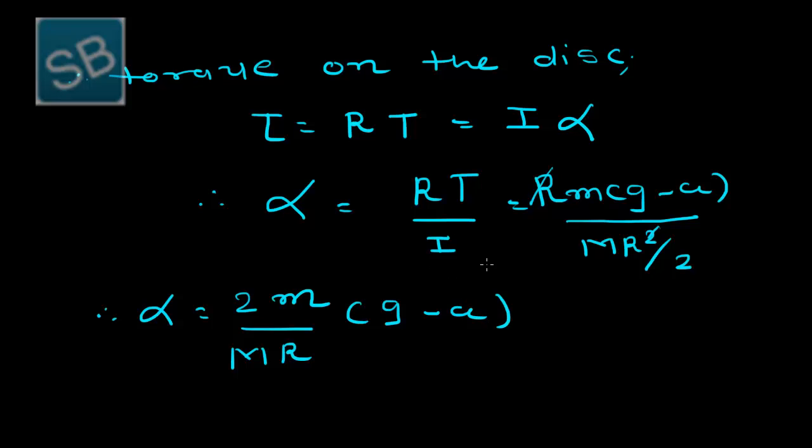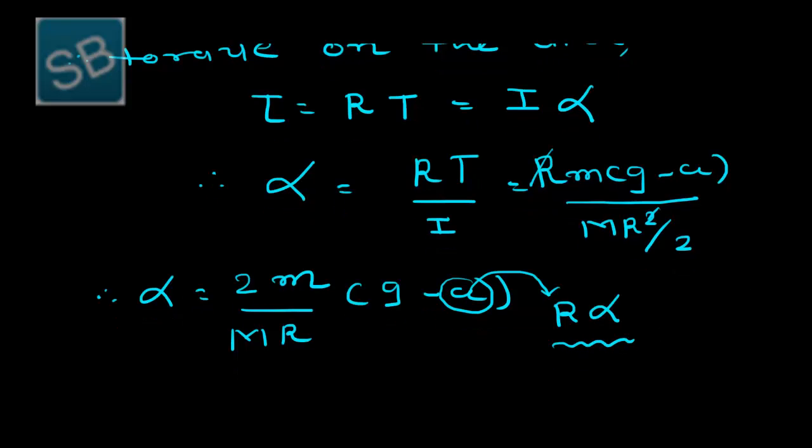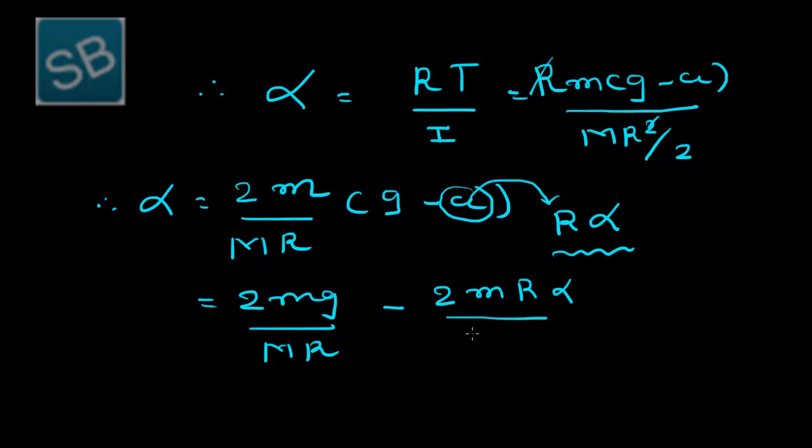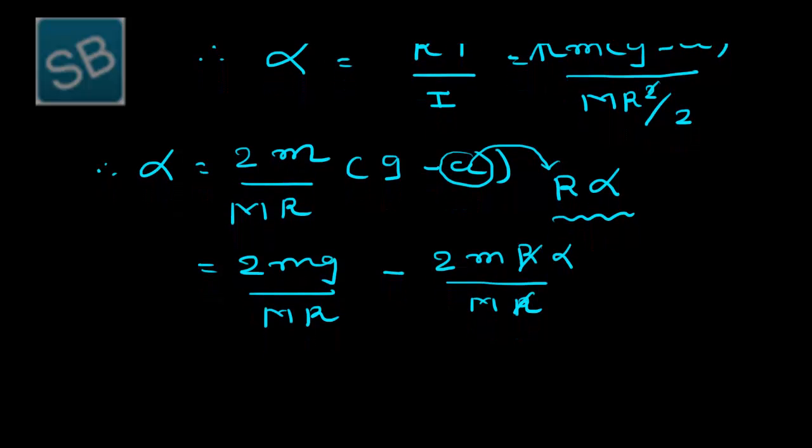But here the linear acceleration is related to the angular acceleration by the equation a equals capital R into alpha, and so by substituting this value, we get twice mg over MR minus twice m R alpha divided by M into R, and so here R is cancelled out, and after simplifying this I can get